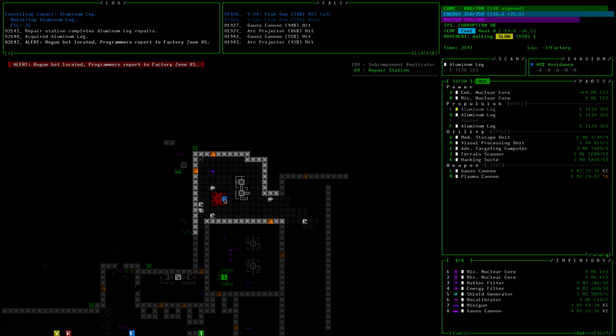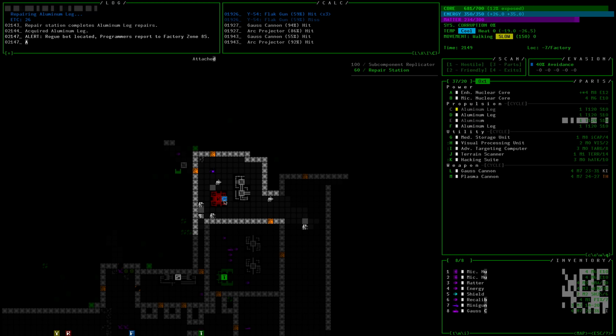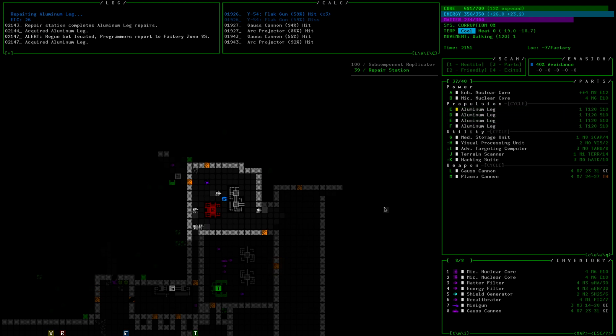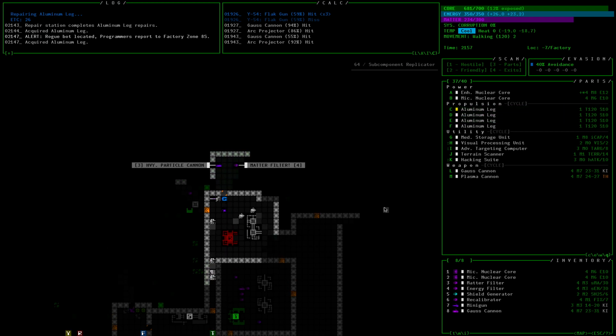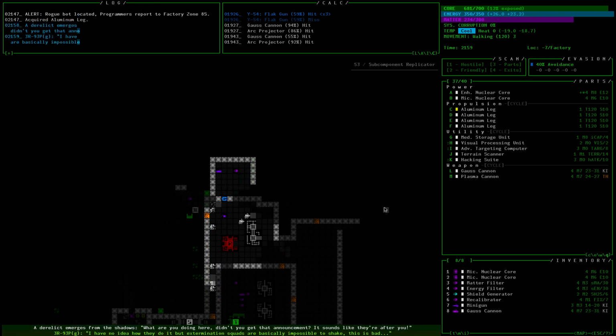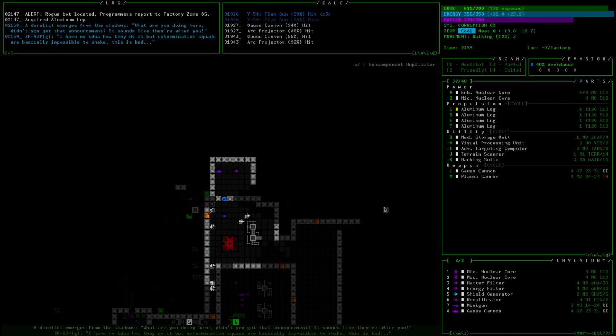Uh-oh. Roguebot located. Programmers report to Factory 85. Well, I guess that's my cue to get the fuck out. With our newly repaired legs. My matter filter. Man, I really, really wish that new loot icons would stay up for like another 5 seconds. A derelict emerges from the shadows. What are you doing here? Do you not get the...